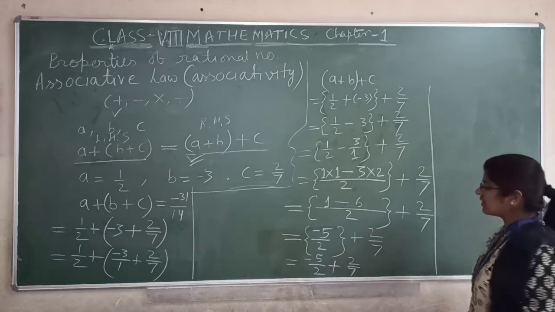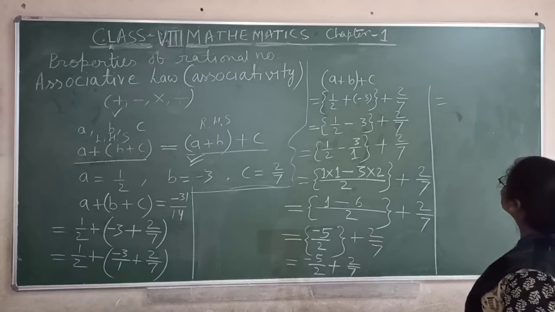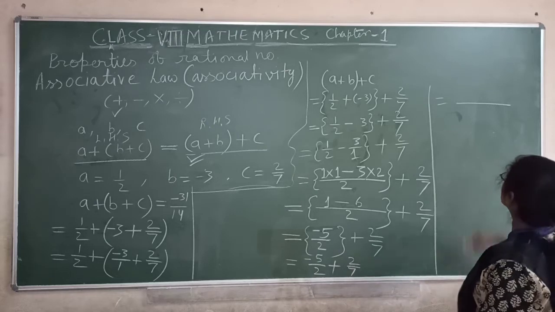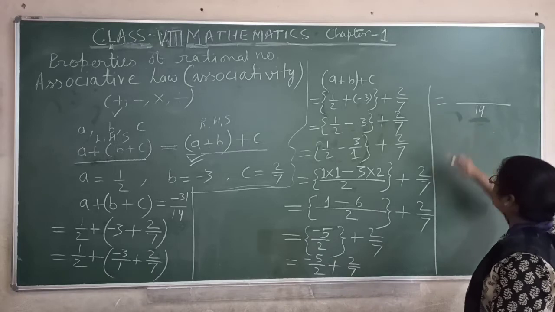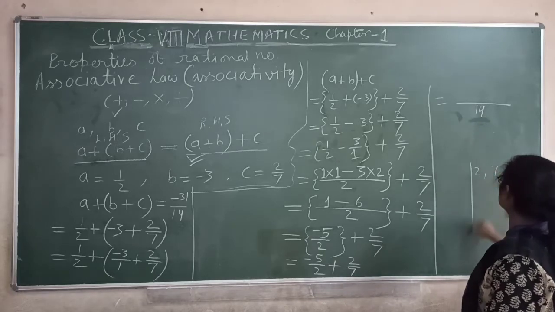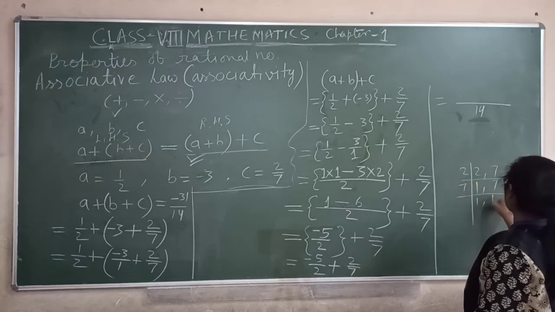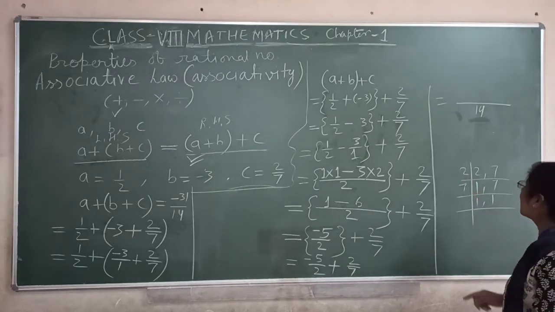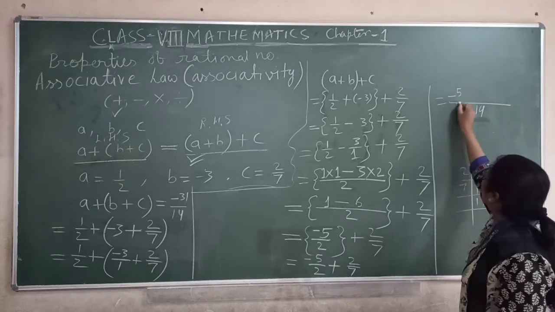So 2 and 7 you have. We will take LCM of 2 and 7. So what will be LCM of 2 and 7? 7 twos are 14. Both are co-prime numbers. So you can multiply directly or you can do this method also. 2 ones are 2 and 7 here, then by 7 1 and 1 here. You will continue this one until you get 1. 7 twos are 14, into 1, 14. Okay. Then minus 5 you have into